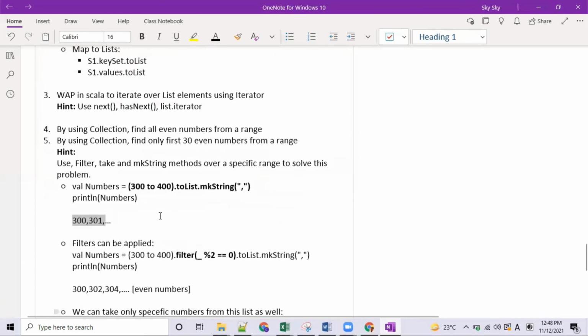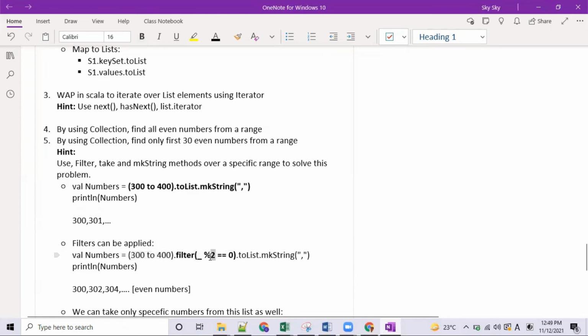We have filters, which we can apply over this range. For using a filter, you call filter, and then the underscore takes all the values one by one.